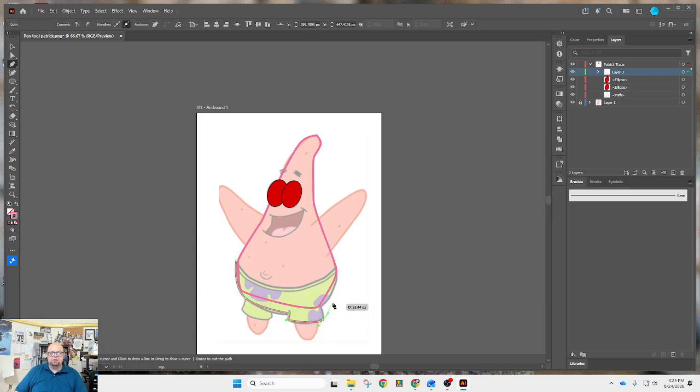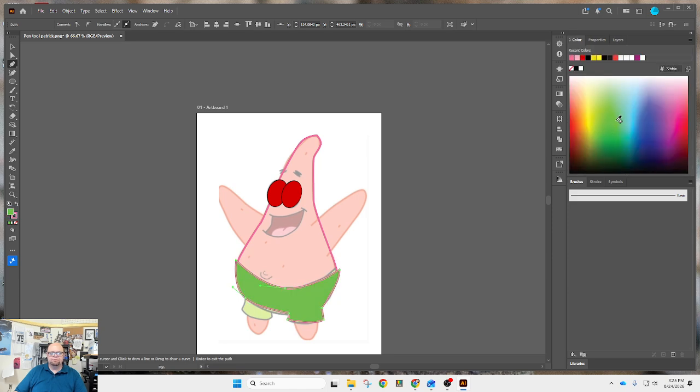Now here's a good thing. Notice that this wants to curve, but I don't really want it to. So if I click on the anchor point again and come over, I can now redirect it. So I'm going to click over here. I'm going to come down here, and again, I don't want it to curve like that, so I'm going to redirect. I'm going to close my shape. And now I can go to my fill color, and I can make it kind of a green. And if I want my inside color here to be more black, I can do that, and now I have that. And I could come in afterwards